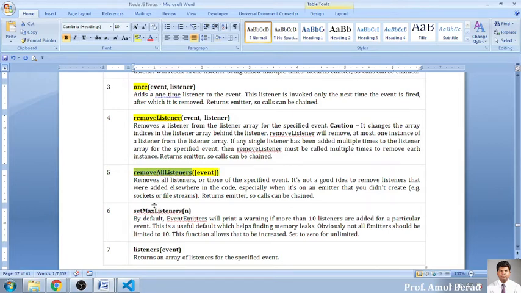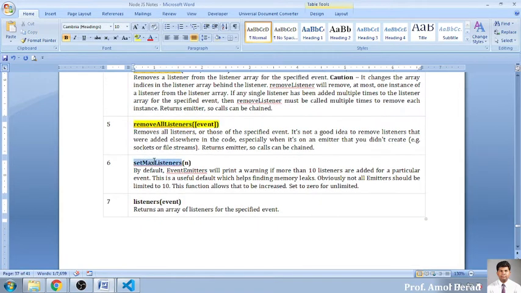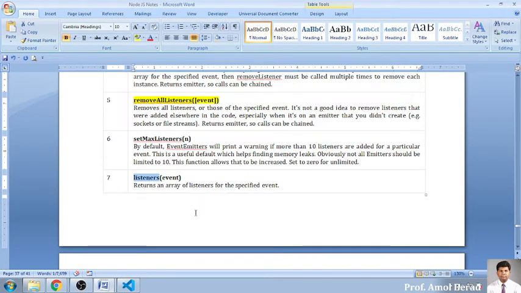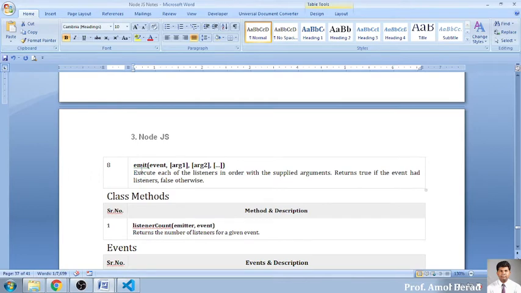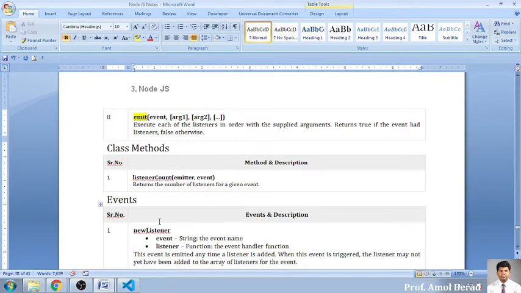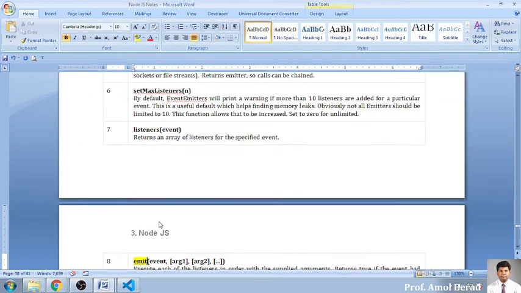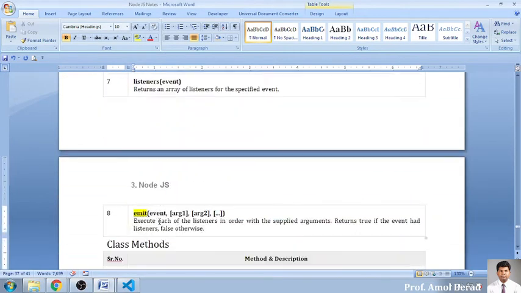You can set a maximum for listeners; by default you can add 10 listeners, but you can extend the limit. Listeners is another generic function you can use. Emit does the operation for execution. These were the 8 functions we come across when working with the event listener.